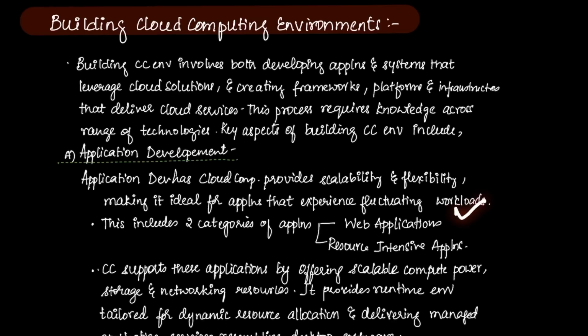There are two categories: web applications and resource intensive applications. Web applications are highly interactive, so they have complex systems that can handle varying user demands. For example, Web 2.0 has rich user experience and seamless delivery of enterprise grade applications through the internet. Dynamic resource allocation and all happen in web applications. Resource intensive applications will include compute intensive or data intensive applications. For example, scientific research or large scale simulations all come under resource intensive tasks.